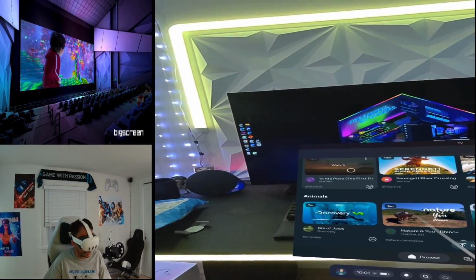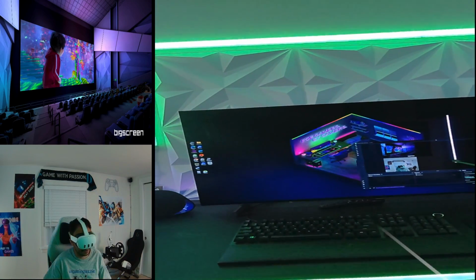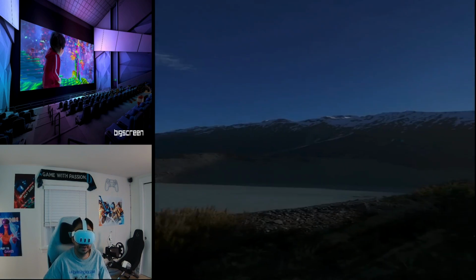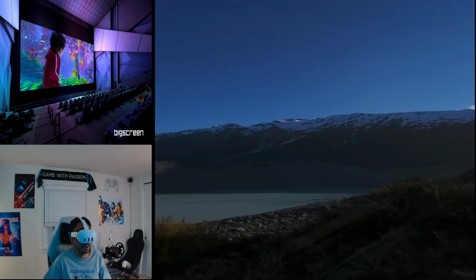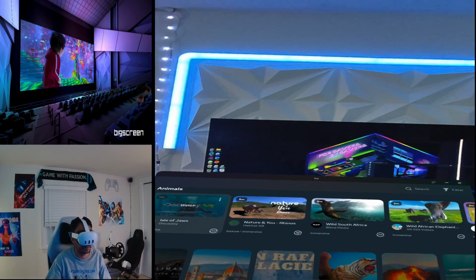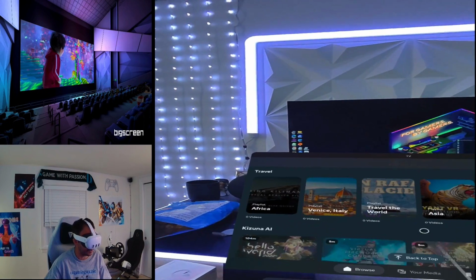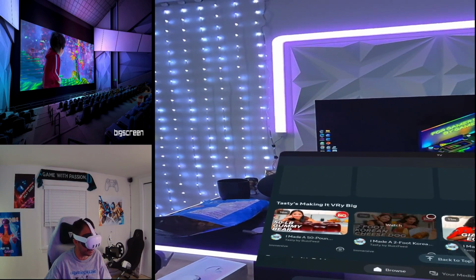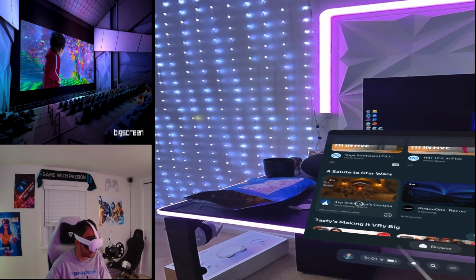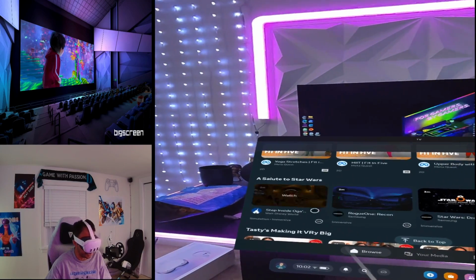And if you click on anything on here, you can see this is 360. You just kind of watch it. And then you go into the immersive format, and here you are watching the 3D video. Now, you got to remember, some are better than others. The quality isn't the same on all of them. Some qualities will be better than others, so that's the only thing when scrolling through here. Just keep that in mind. But there is a lot of stuff on here to be able to enjoy and watch. Like you can even see something from Walt Disney World right here as well, which is pretty cool.